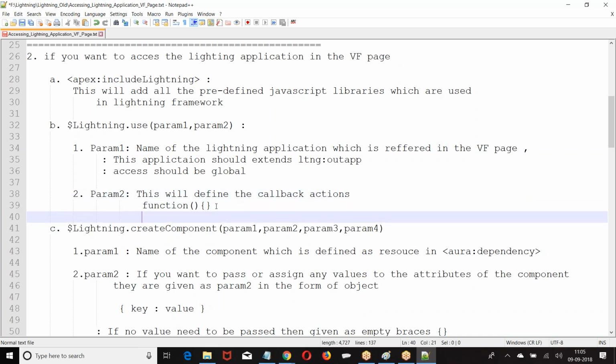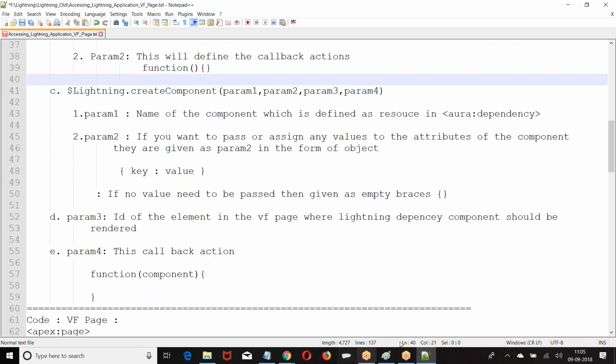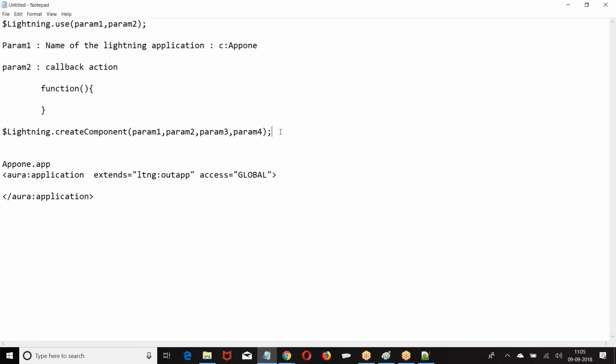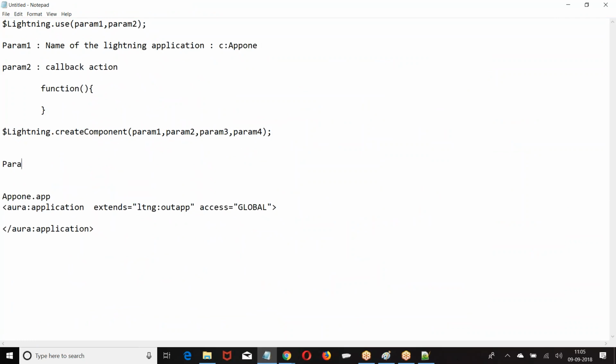What is the next one we have? Lightning dot create component. That's what I told. Let me give you. Here, this is what I give. So what am I going to give?